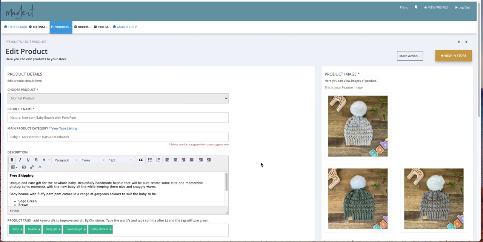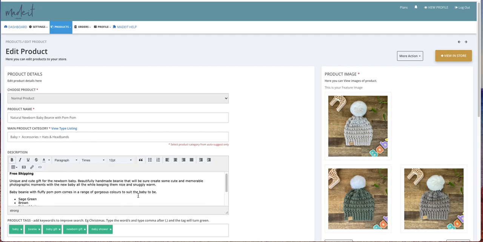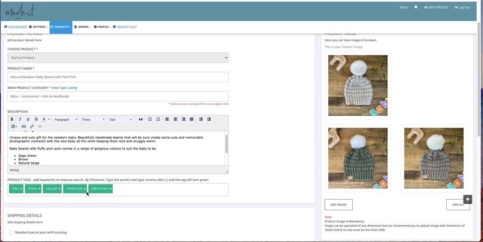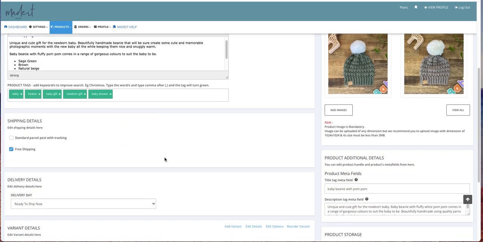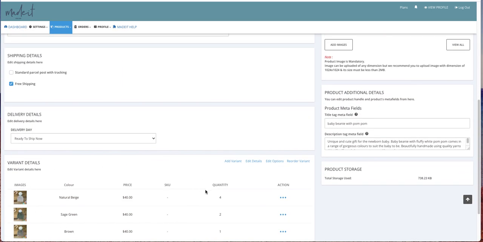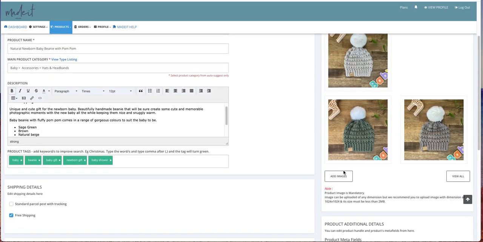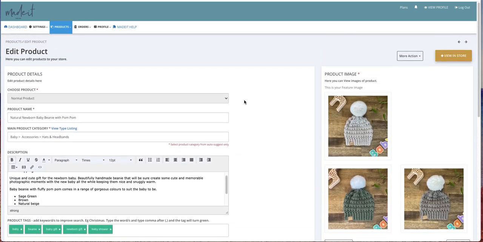Now, the reason we're going to duplicate this is we want to use all of the same information. We want to use the same product name. We're going to change the color. We're going to use the same category. We're going to keep our description. It's going to copy our tags. It's going to duplicate our photos, shipping, all of that stuff, their variant details. So what we want to do is we're going to create a duplicate and we're going to do the sage